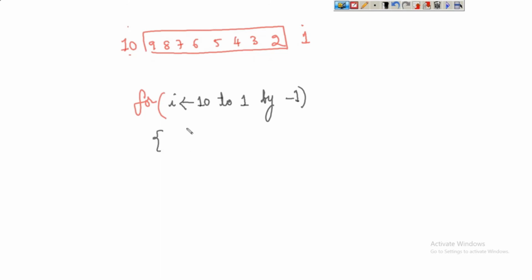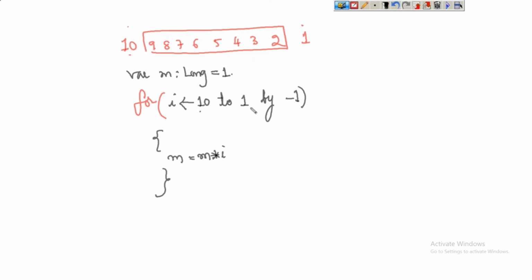And what is it that we are trying to do here? We are trying to perform the multiplication of all these values. In this case, I can use some variable m equal to m into i. This is fine. But what has to be the initial value of m? m need not be int, let us take long. Why? Because the multiplication will become a huge number, equal to 1. Got it? This is how we need to write the code. Very simple. If you understand the logic, it will be very easy to implement.